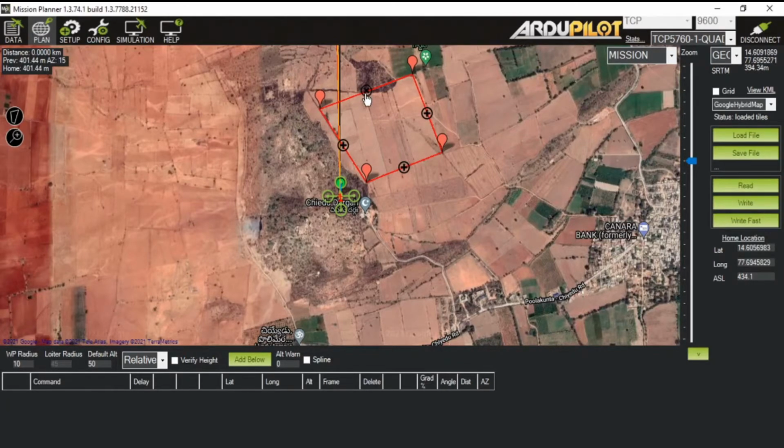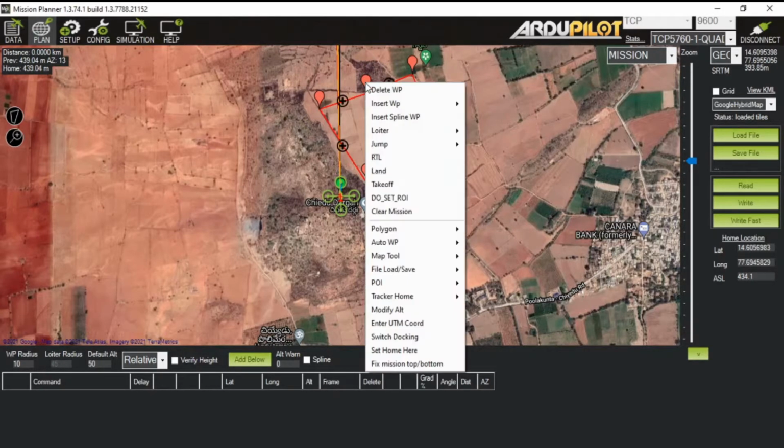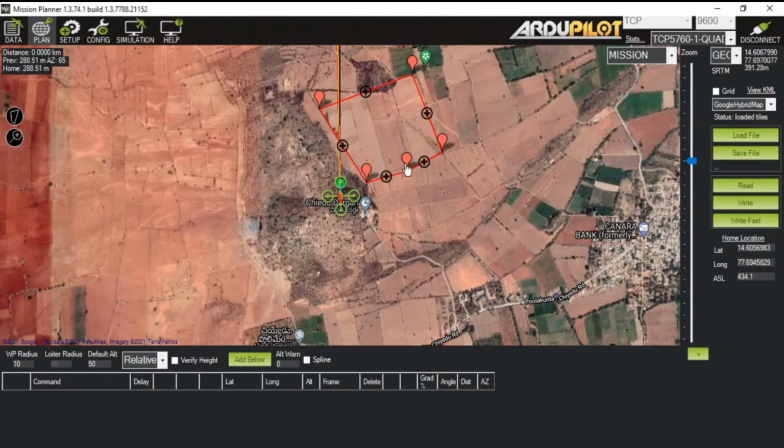And suppose you want to put a waypoint here, you can increase it. Right now it is showing here, you can simply click it here and do it like this. You can put it here also, and you can stretch it wherever you want. But I will make it clear, so delete all this, delete this. So we'll simply plan a small proper mission.